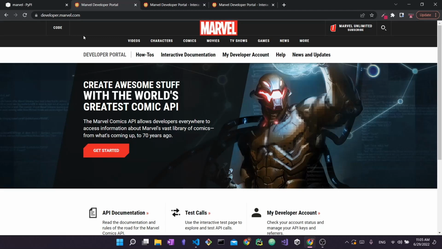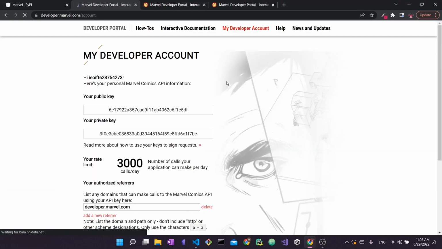Alright, so if you have created your account and signed in again, you should be able to see this very same homepage that I have here. Now, one stark difference that you may have is here. Instead of my developer account, you can have something called get a key. This get a key will enable you to get an API key, which you'll then be able to use in your Python program. So I'm actually just going to press on my developer account, and this will take me to